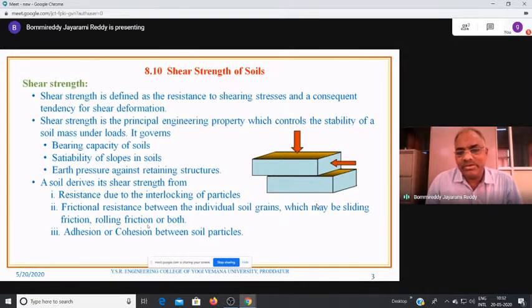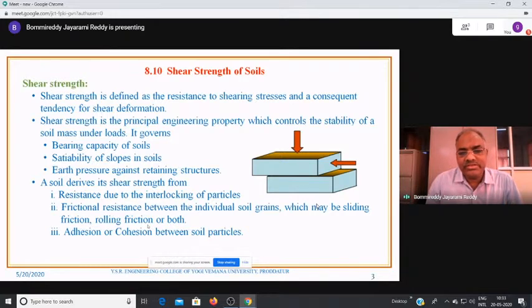So depending upon the constituents present and percentage of constituent present in the soil, the shear strength parameters will vary. And for a given soil, shear parameters are not always constant. And shear parameters are cohesion and also angle of internal friction, C and phi values. These values are not constant for a given soil. So we will see a little later how the angle of internal friction varies with reference to several things.